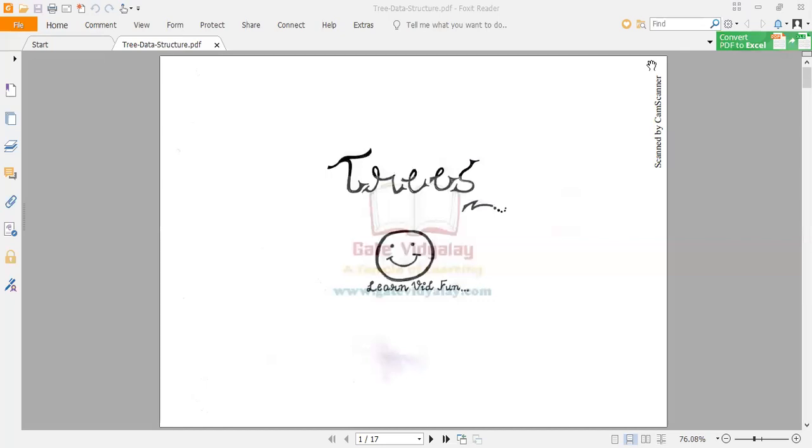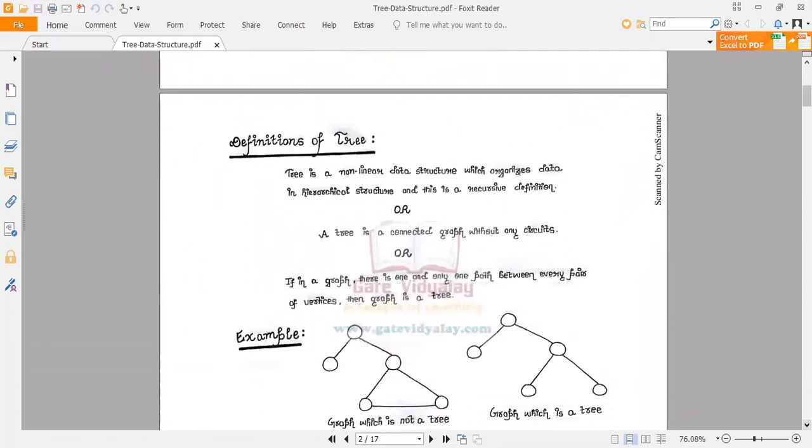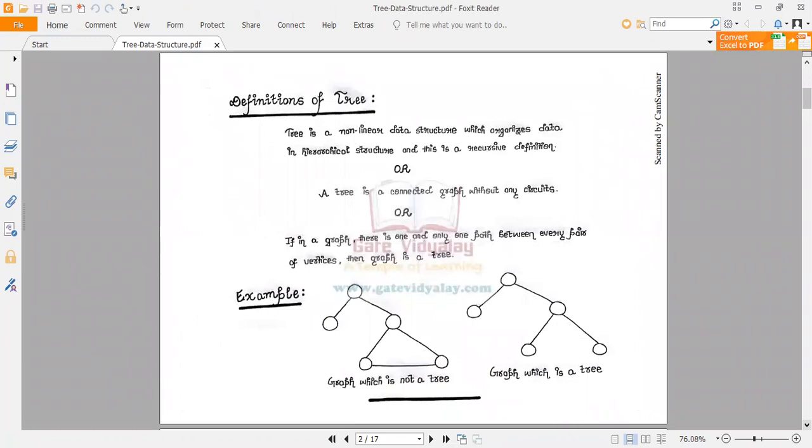So today in this session we are going to start with trees. What actually trees are. So far we have been studying mainly linear types of data structures, as in we have discussed strings, arrays, lists, stacks and queues. So in this topic we'll define a non-linear data structure which is called tree.